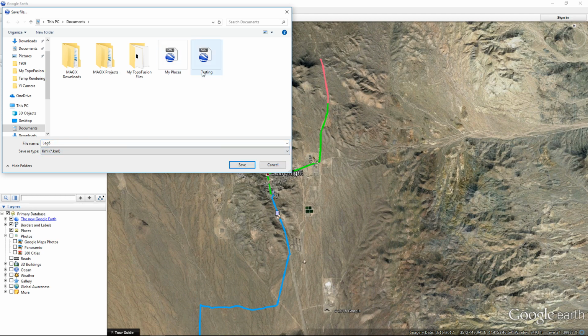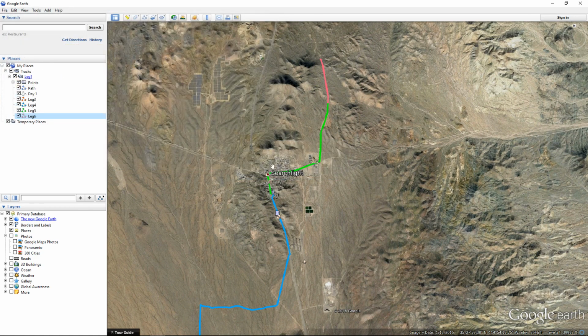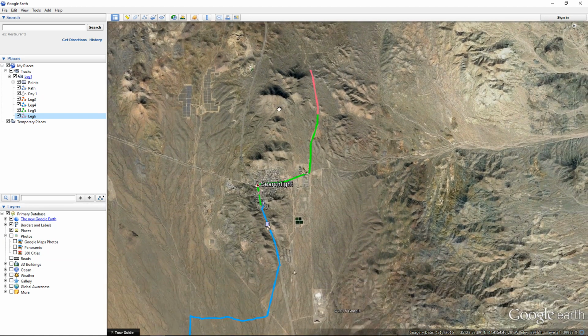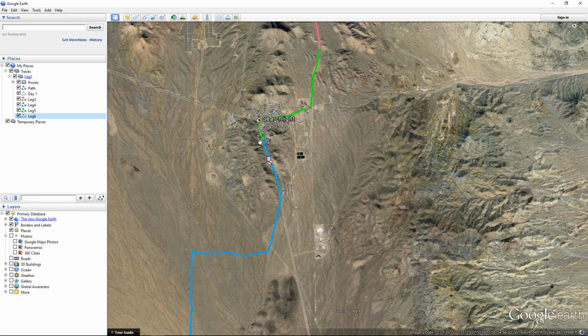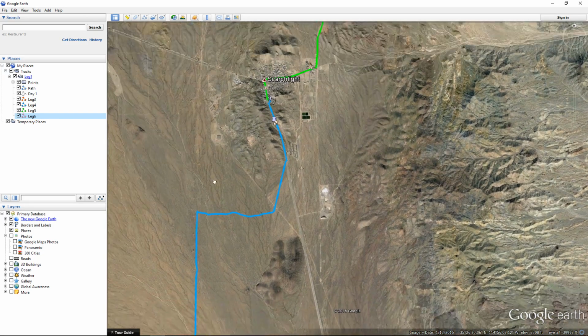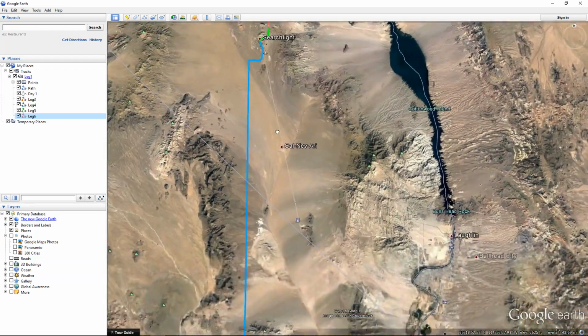So KML file, you can just name it whatever. I did a test here and say save, say yes. If you already have it, overwrite it. And there you go. It's pretty simple. And then you can put those files right on your Garmin Montana 650. And you should also see the lines, the color that you pick. So if you have different days, different colors,